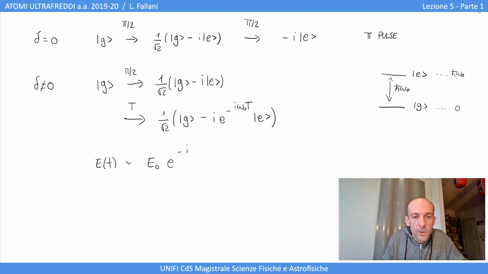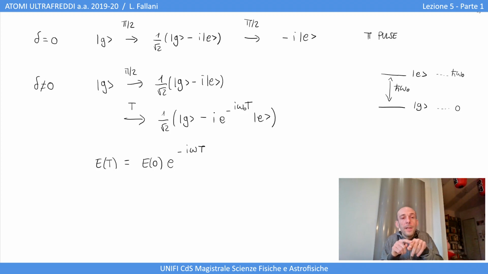So this is e to the minus i omega times T. Let me write this in a better way. So this is the electric field at time capital T,